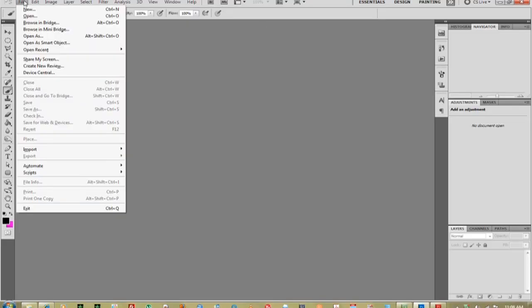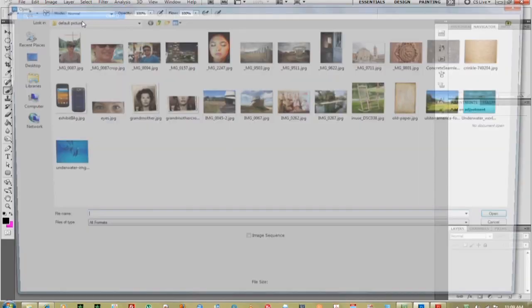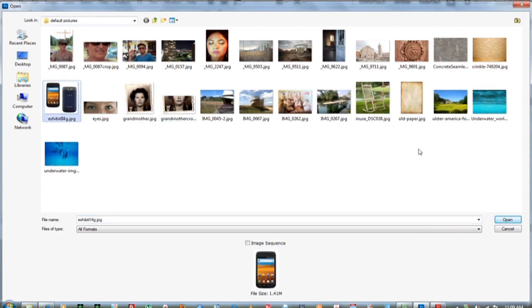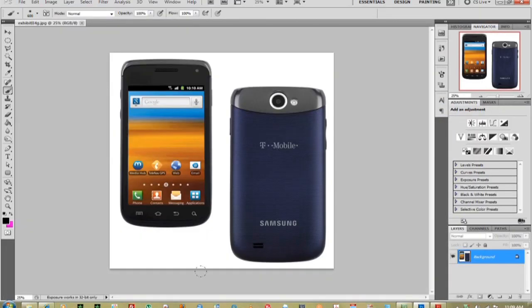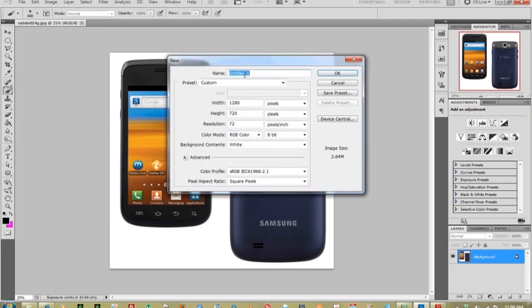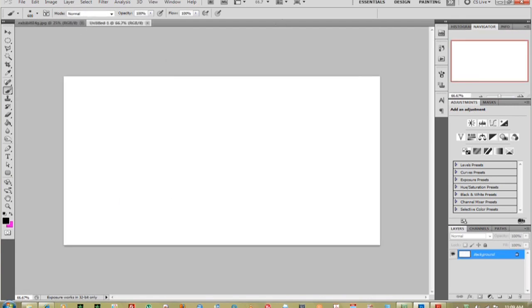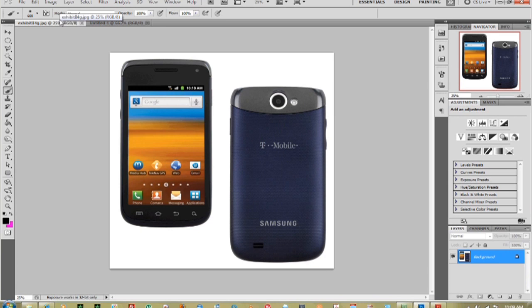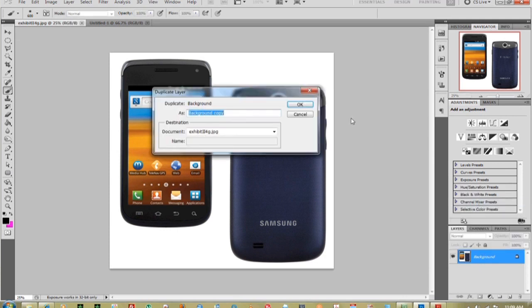Professional poster in Photoshop. I'm going to be making a cell phone ad in Photoshop. So I just have the T-Mobile Galaxy phone, and I'm going to make a new layer or new image. First thing I'm going to do is actually duplicate the T-Mobile phone onto the new image, and then we'll work with that. So we go to duplicate, and then document, we'll go to untitled 1,